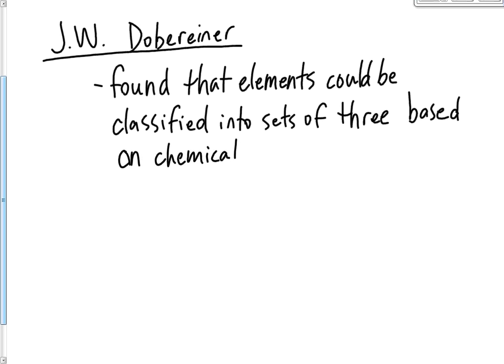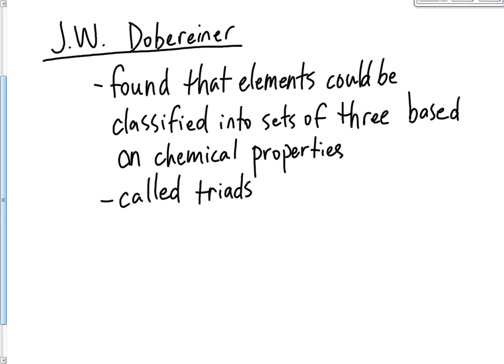Back then, they only had about 60 or so elements, so they weren't messing with the 100 or so that we have now. So they didn't have a whole lot to work with compared to what we have now. But using what they had and what they knew, that's how they put it together. Okay, and these were called again triads. We have three elements on the periodic table that basically had the same kind of properties, and he put those in vertical groups, put those in columns, and just called them triads.